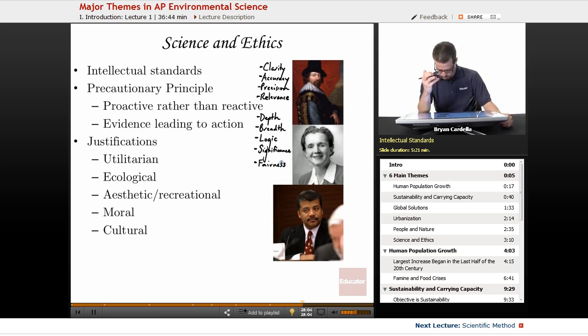With fairness, when somebody's making a statement about how to solve a problem or a problem that's happening in the environment, do they have a vested interest? This also relates to bias. If somebody's like, hey, we need to solve this problem by using this company because they have the best solution, well, is that person suggesting that? Are they a stockholder in that company? Do they have a family member that works in that company? So we want to have statements that are fair in terms of not being biased and coming up with a solution that includes all of these intellectual standards, hopefully.